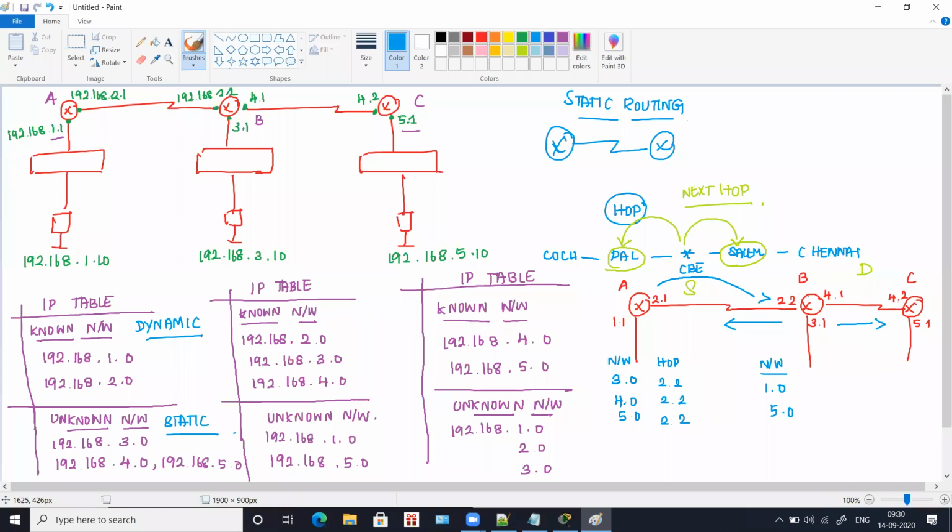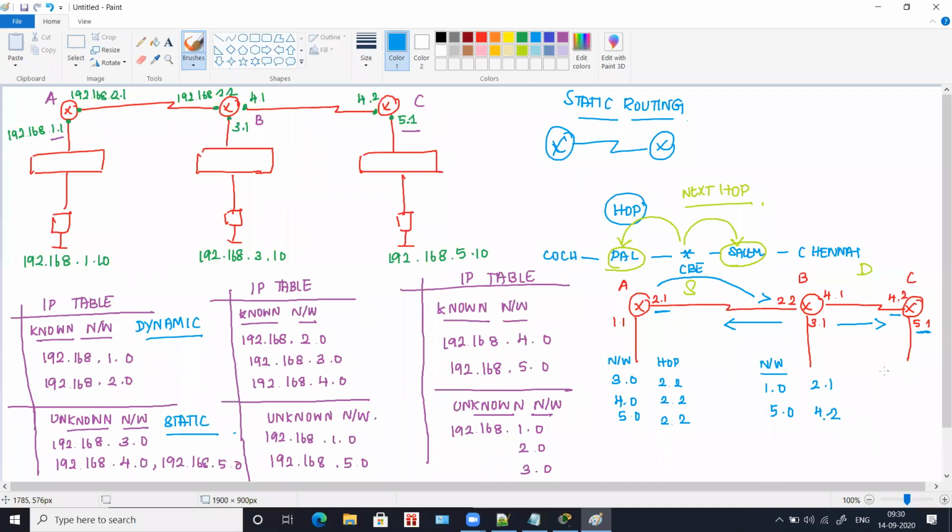So this router has two immediate next hops. One is 2.1 and another one is 4.2. So 1.0 is on the left hand side, so we take the next hop IP for 1.0 as 2.1, and 5.0 is on the right hand side, so we'll take the next hop IP as 4.2.